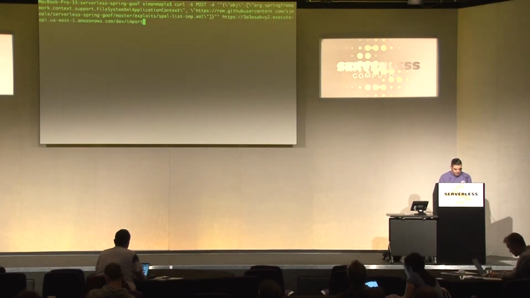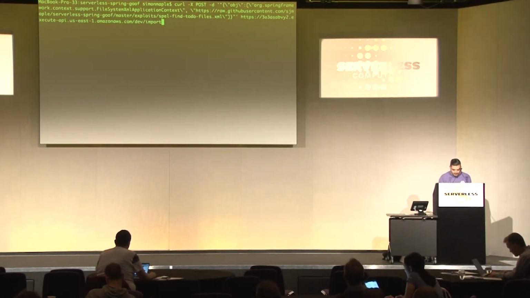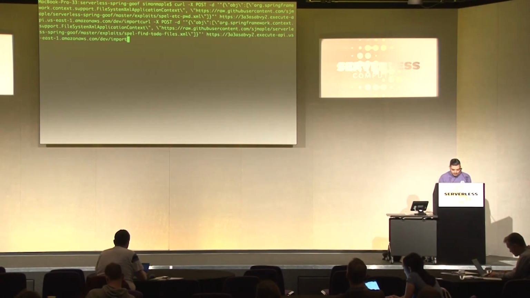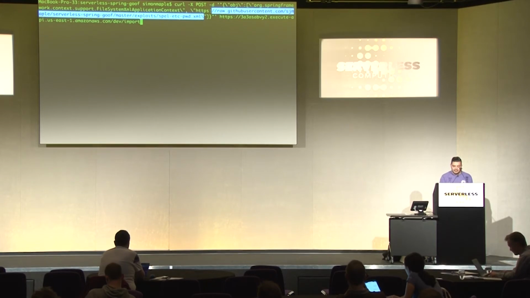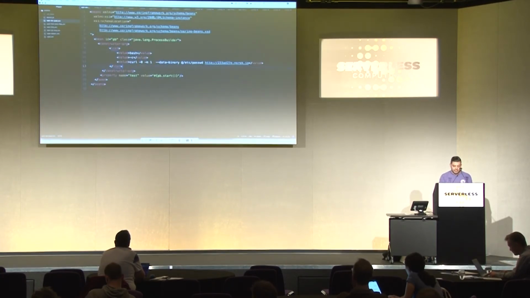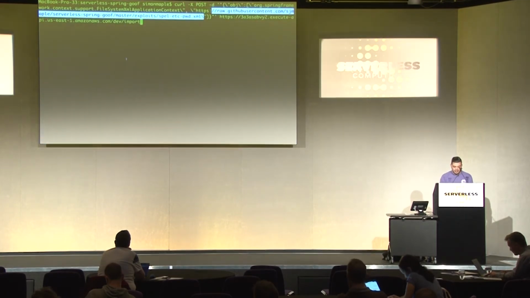Over here, got a couple of commands. So here we go, not that one, this one. So we're going to perform this curl request. This is my Lambda instance here. We're going to hit the import function, and we're going to pass in this spell etc password file that I've uploaded to GitHub, which is this file. So I'm going to execute this,